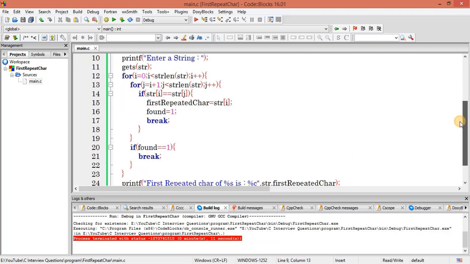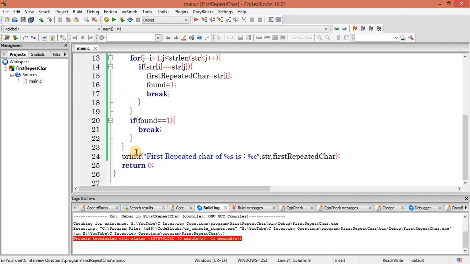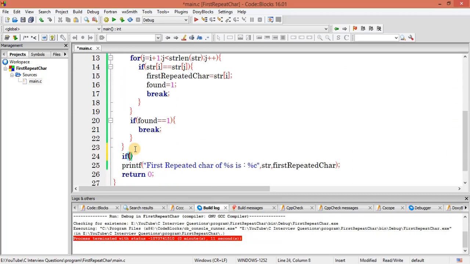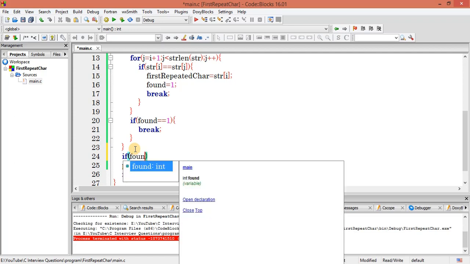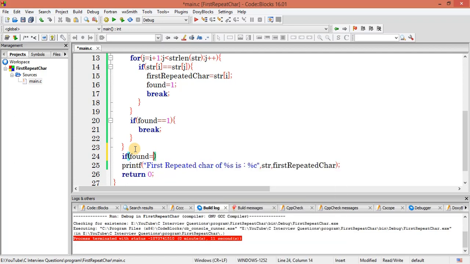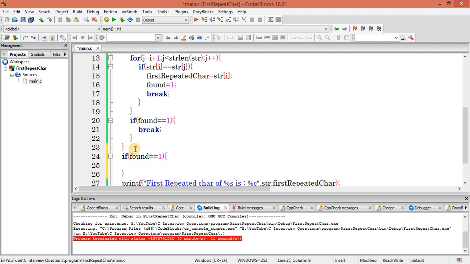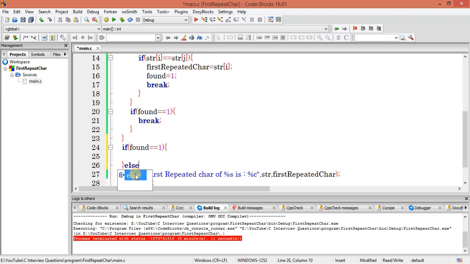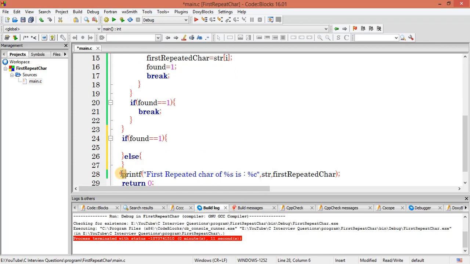So in that condition, I can write one more condition. If found equal to 1, that means it has already got this element, then only it has to print this value.